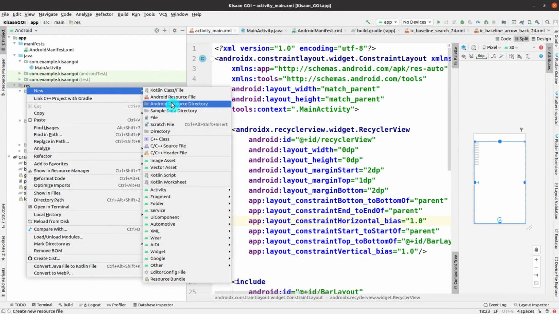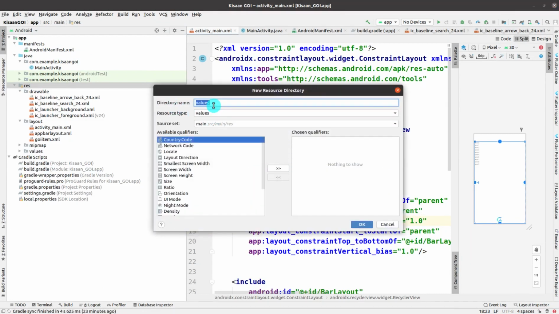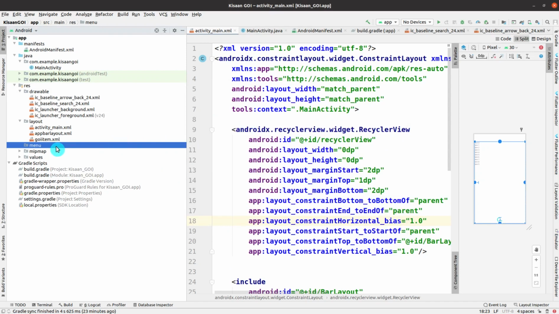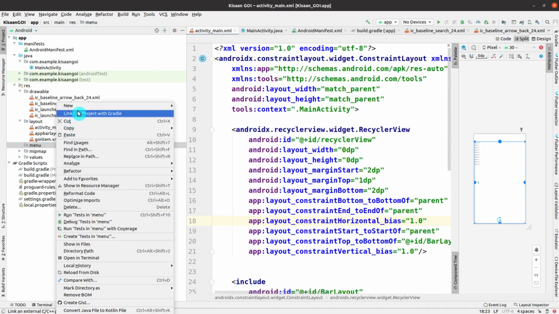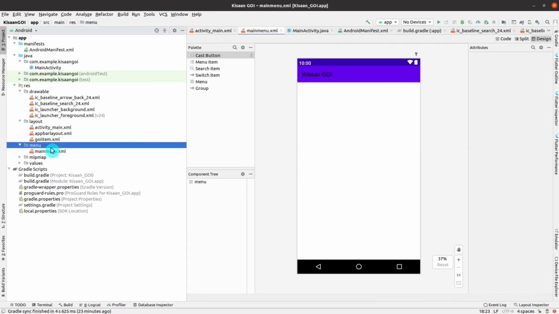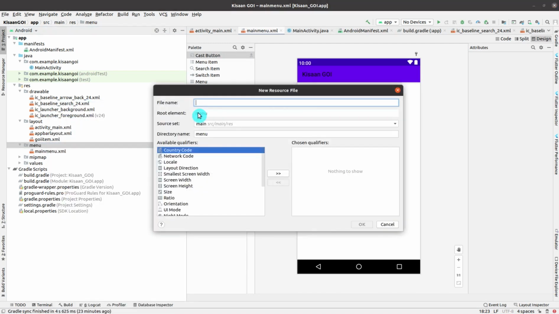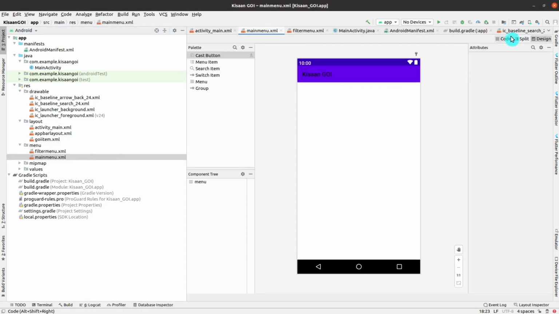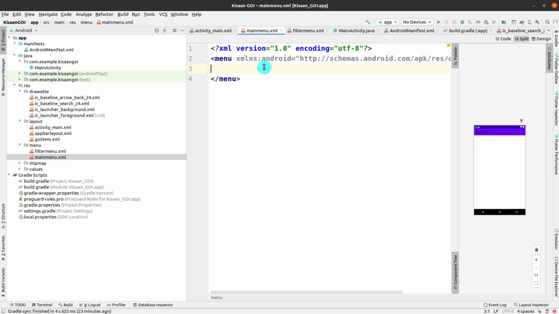Now we are going to add something, like we need some main menus here. We are just going to add it here, menus, and then click on OK. Afterwards I have to create some menu layouts, a menu resource file. First of all, the main menu. There will be two menus, one for the main menu and the second for the filtering menu. That will be needed for another activity which I am going to create just after this. So both the menus are created right now.